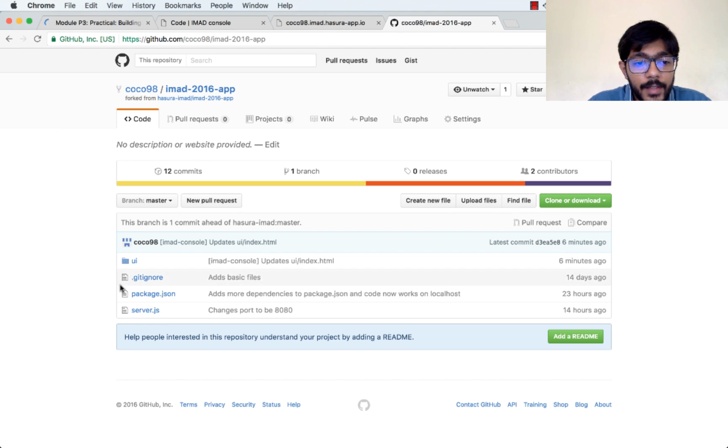Now, where did these files come from? Like we said, they've been copied from a templated project or a base project. And if you go to the title of your own page, you'll see username /IMAD 2016 app forked from Hasura IMAD 2016 app. So if I click on this link,